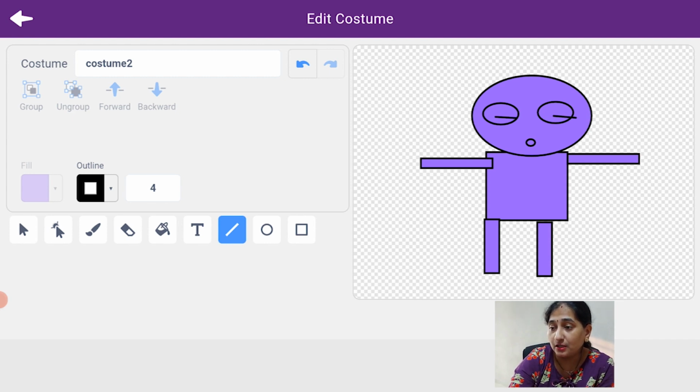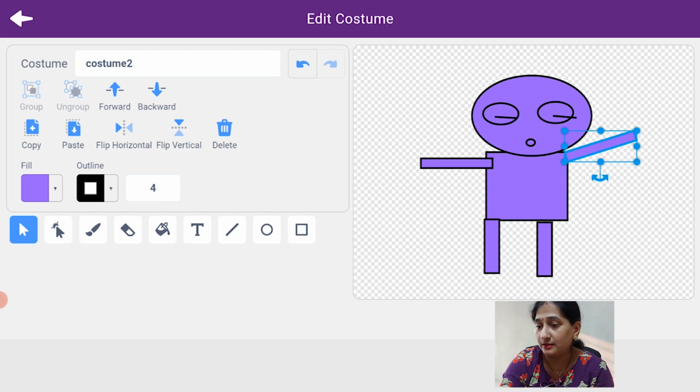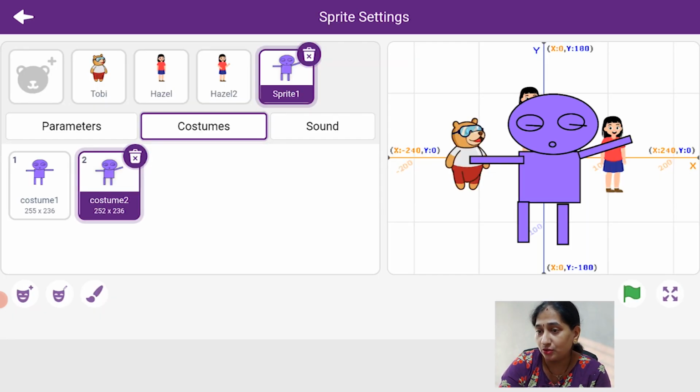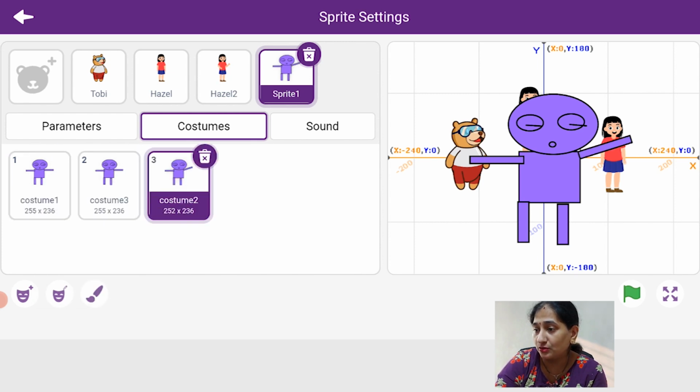So choose that option and now you can change it. See, now I am changing the orientation of the hand. So that is my second costume wherein there is a hand movement shown. Again I will duplicate the first sprite to create my third costume.